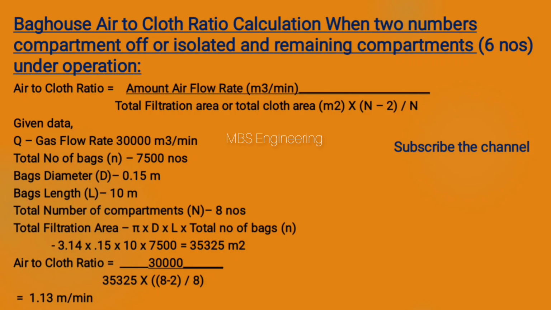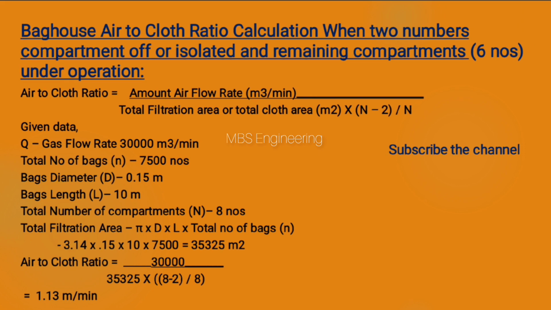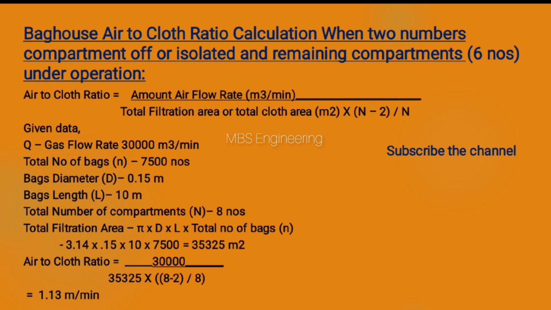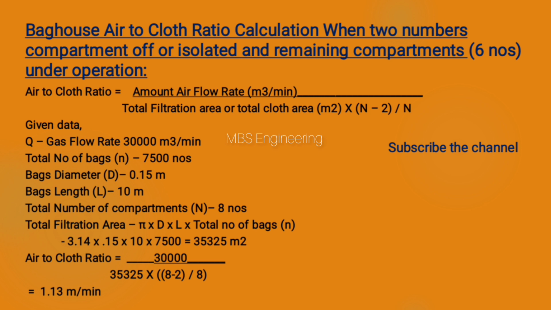Assume two compartments are off or isolated and the remaining compartments are under operation. What is the air to cloth ratio for this condition? Given data: Q, gas flow rate, 30,000 cubic meters per minute. Total number of bags, N, 7,500. Bag diameter, D, 0.15 meter. Bag length, L, 10 meter. Total number of compartments, N, 8. Total filtration area equals pi multiplied by D multiplied by L multiplied by the total number of bags. Based on the above data and equations, the total filtration area is